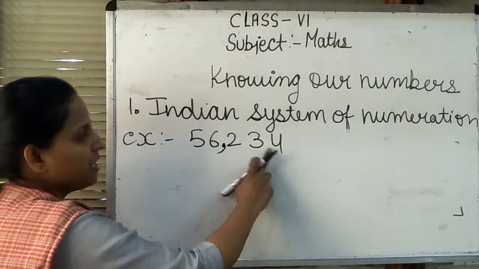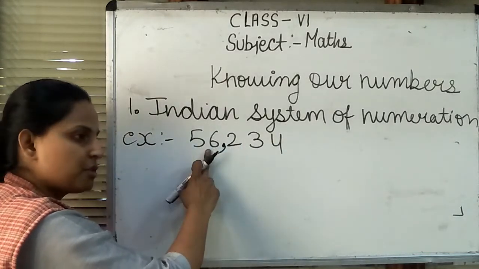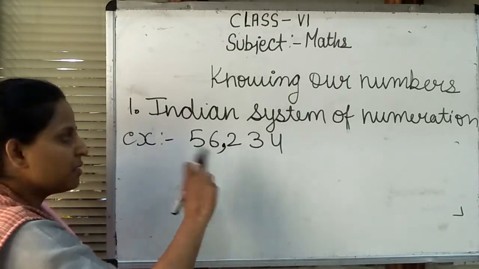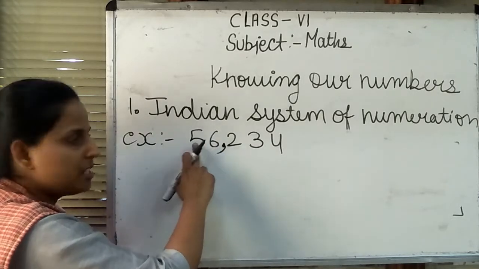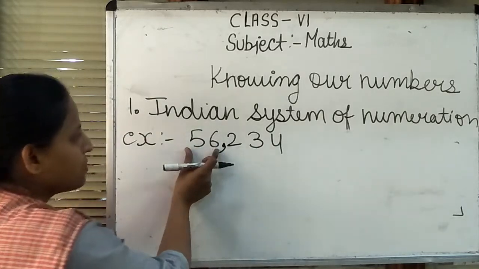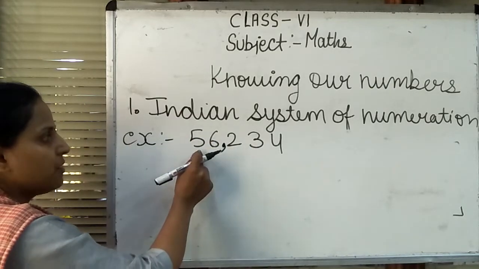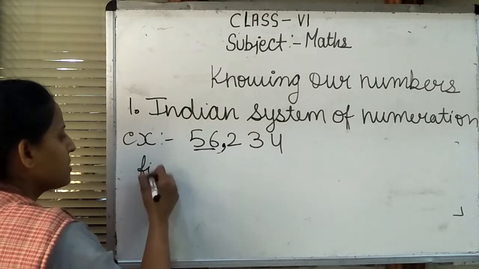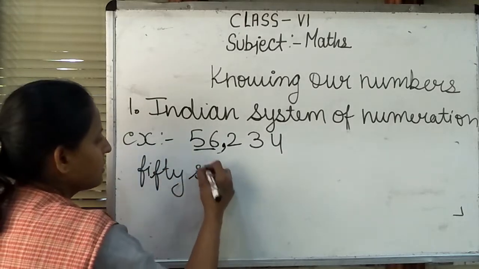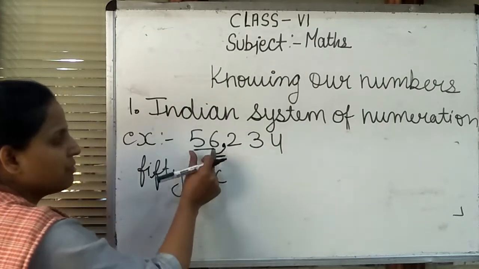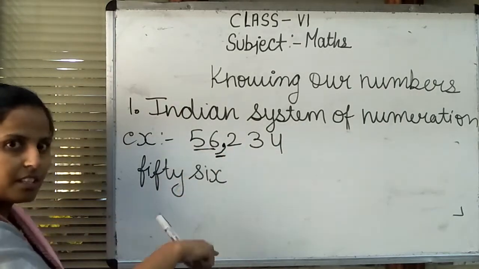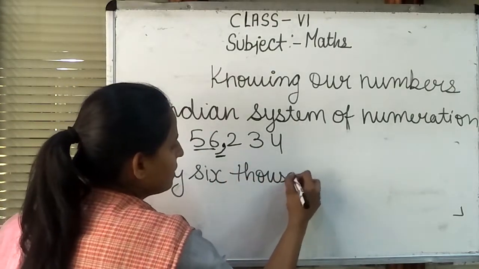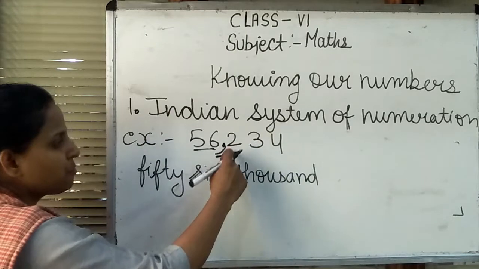These numbers are ones, tens, hundreds. After hundreds, the thousand box is coming. These two numbers are present in the thousand box because the thousand is divided into two parts. This place is thousand and this place is ten thousand. So now in the thousand box there are 5 and 6. How to read 5 and 6? It is 56. Now I write the name here: 56. After that the comma is coming, and which box is present? These two numbers are present in a thousand box. Therefore I write here 56,000.